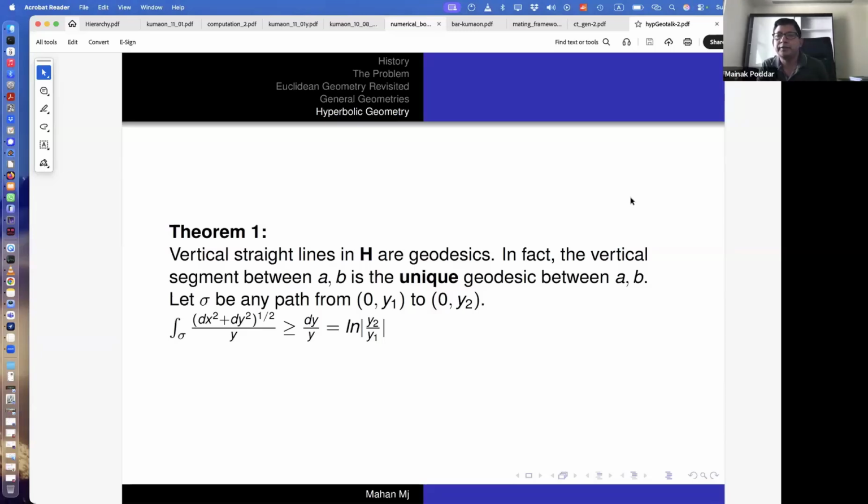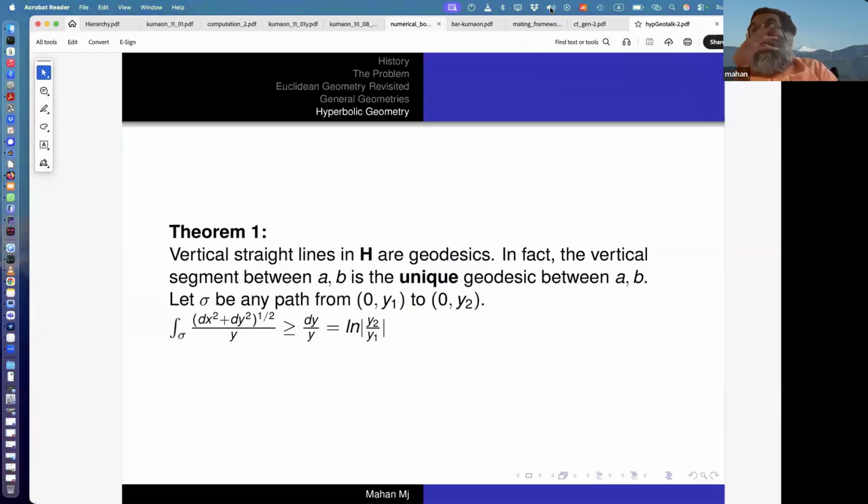There is a question in the chat, sir: why only the upper half plane will be equivalent, if we take the right half or left half planes with a certain metric? Yeah, sure. If you change the metric and you flip, as I said, there is an isometry of the left to the right by choosing the appropriate metric. So you choose the x and y coordinate, you're going to get the right half plane. That's just a convention. It'll basically allow x to vary. We prefer x to have full range and y to have half the range. That's all, nothing else.